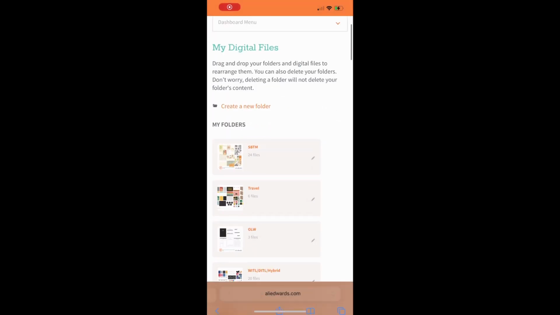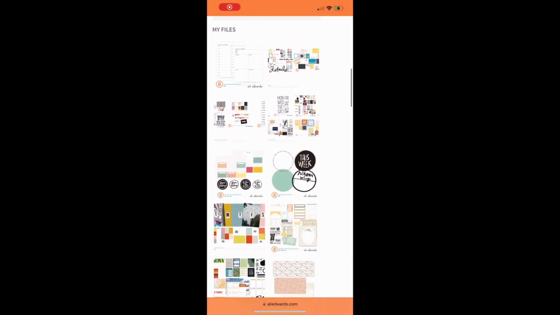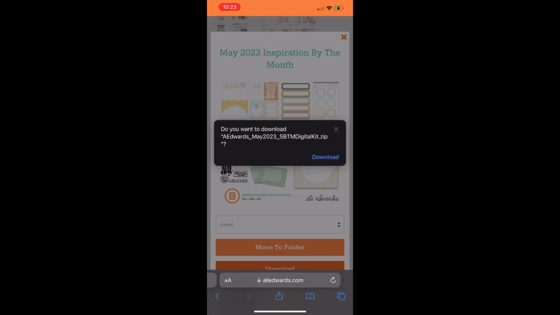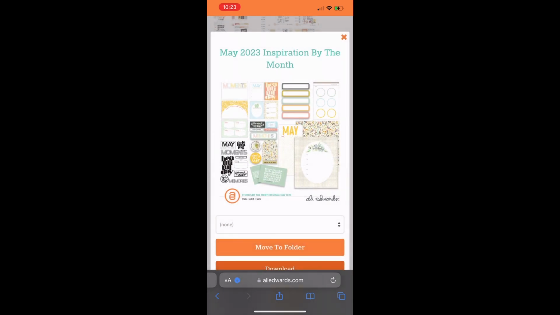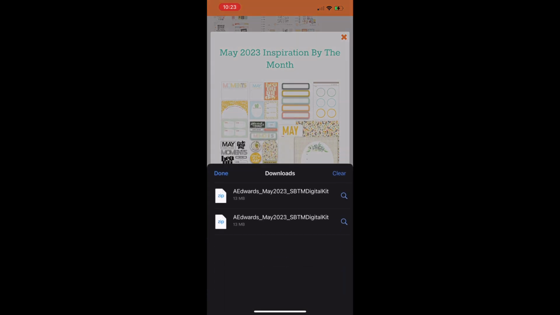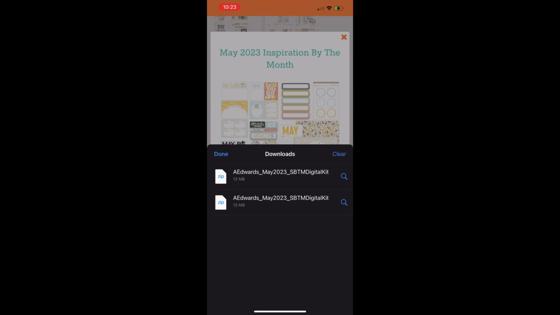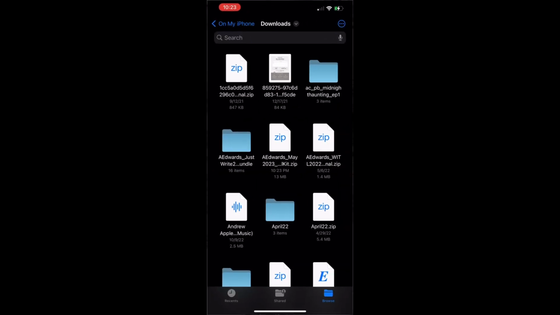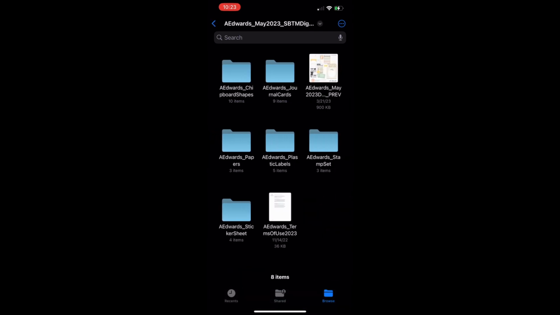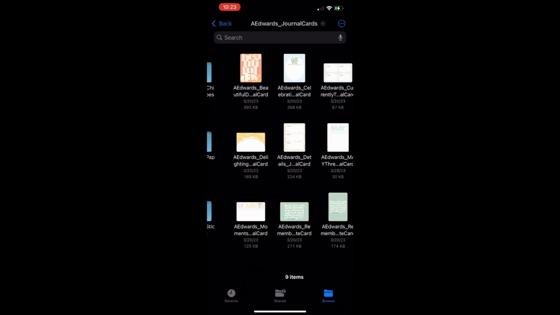I have ellieedwards.com pulled up on my phone, and I'm going to find the kit that I want to download. First we'll click on download, then you'll see a little blue arrow in the bottom left-hand corner that we're going to click on, and then we're going to click on downloads. It's going to pull up this screen, which we can click on there, and it will pull it up in our files as a zip file. We'll click on it and it will unzip it for you, and then we can click on the folder with the journal cards,